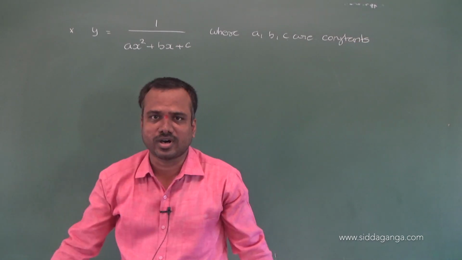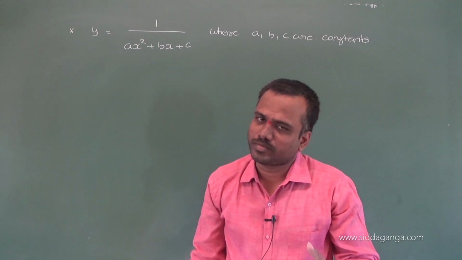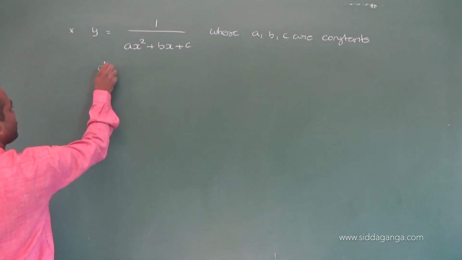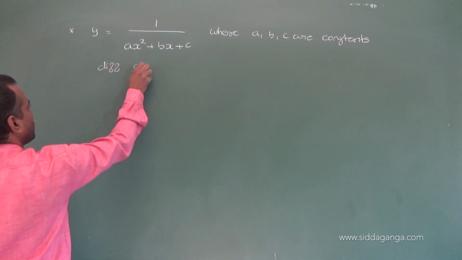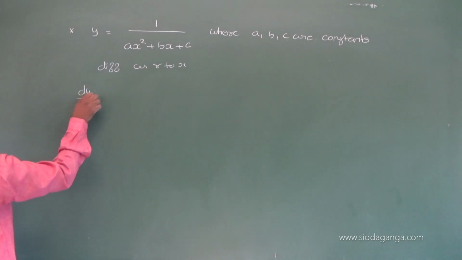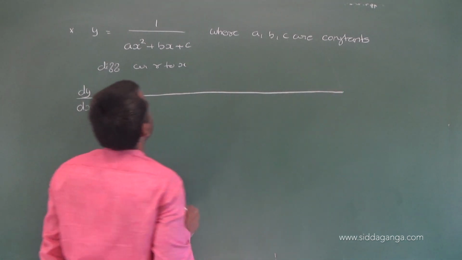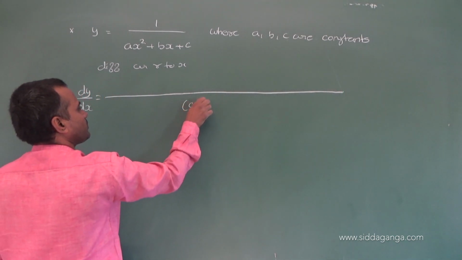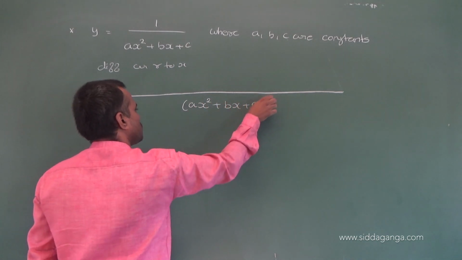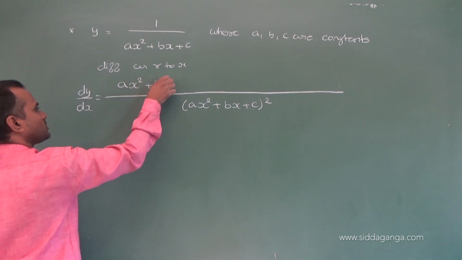A, B, C are constants. Which rule applies here? Better we apply the quotient rule. Okay, differentiate with respect to x. dy by dx equals denominator square, (ax square plus bx plus c) whole square,